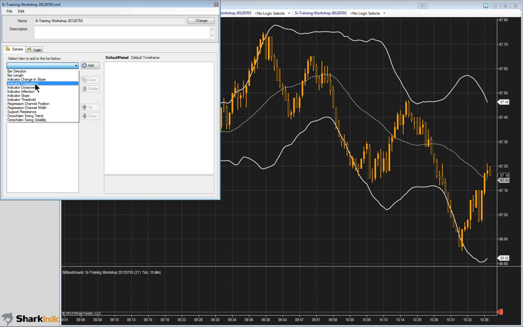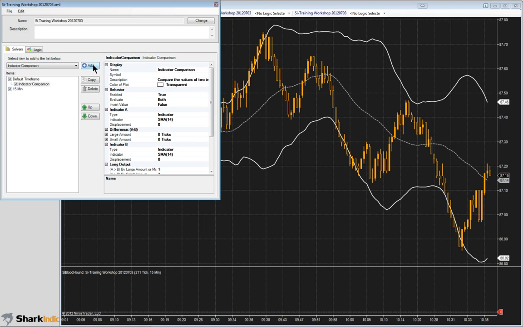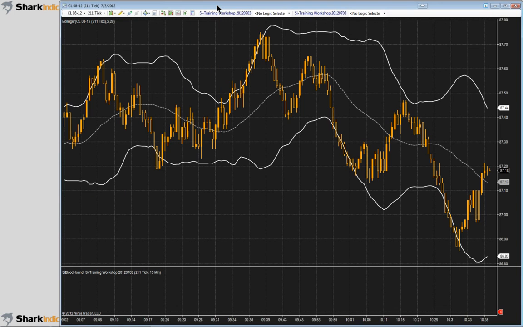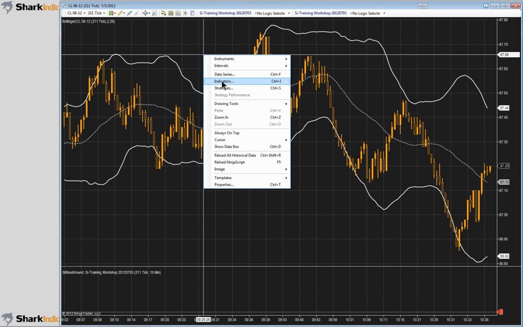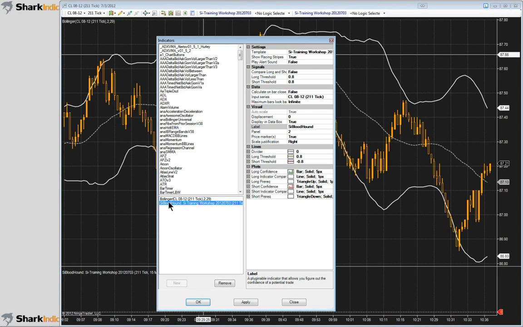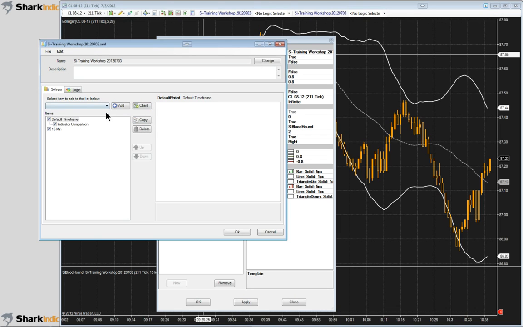So let's just say I've done some work here, added a solver there. Then I can exit out of this, and if I need to, I can go back into setup mode by going to the indicators window, clicking on BloodHound, and then going back to the template name. And then here you see that we're back in setup mode because I have the chart button. I can add another chart, and then if I wanted to, I could add a 30-minute chart. All right, and click OK,